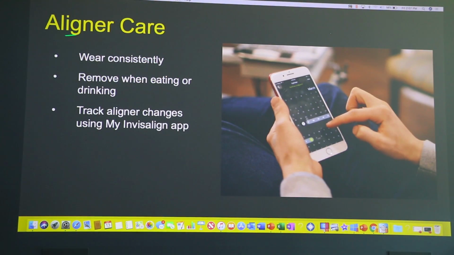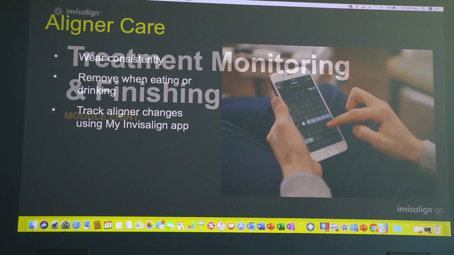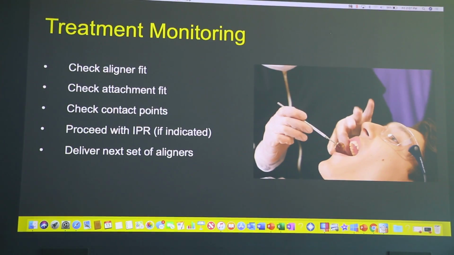But basically that first appointment, you're going to give them the first set of aligners, and you're going to tell them to wear them except when they're eating. Remove when eating or drinking. I don't have them take them out when they're drinking because it's unnecessary. Unless you want to keep them crystal clear, it doesn't matter if you drink iced tea with them. If you want, there is